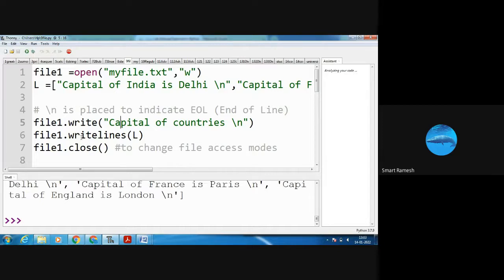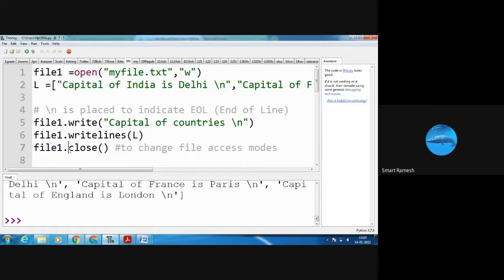Next, file 1 dot writelines. Writelines means I am going to write multiple lines. Here I am going to write L. What is L? This is the capital of India is Delhi. Everything is written in file 1, that is myfile.txt.